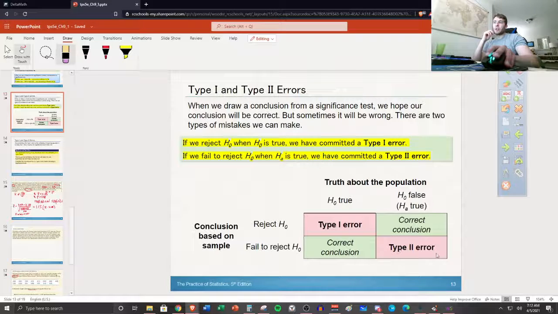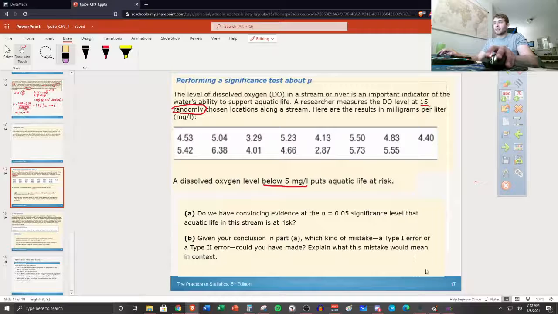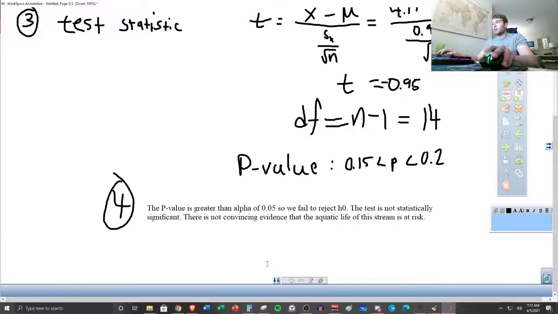Means the only error we could have done was type 2 error, which means we failed to reject when it was false, or the alternative was true, which means what? Well, we said it wasn't at risk when it actually is at risk. That's what it means in context. So when we're reading this, explain what this mistake would mean in context. So for part B here,